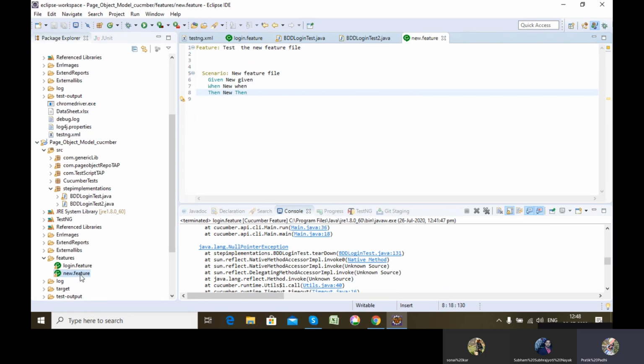So if I have created a new feature file for which step definitions are not present in my step definition files, these are brand new feature files which have a new given, new when, new then. You can also use and.